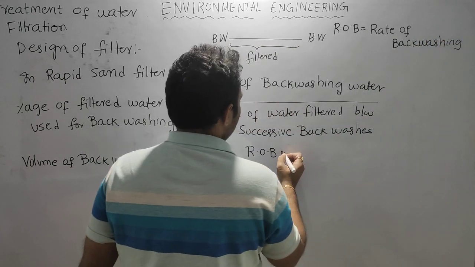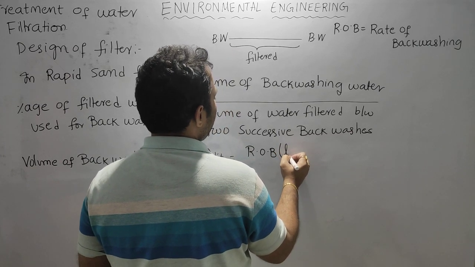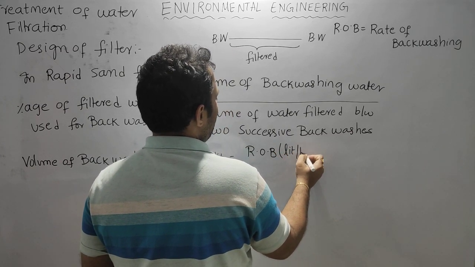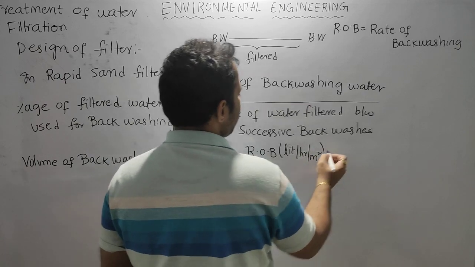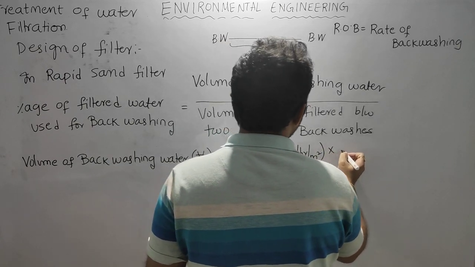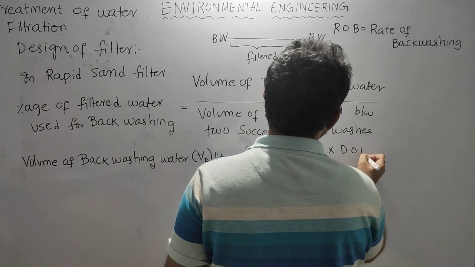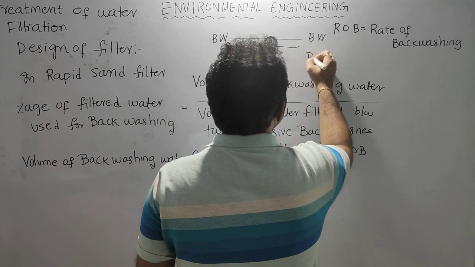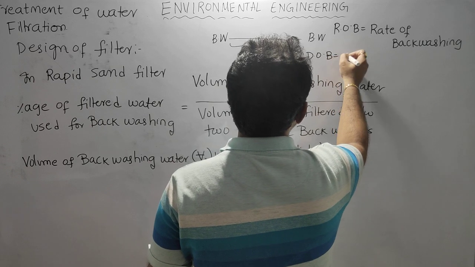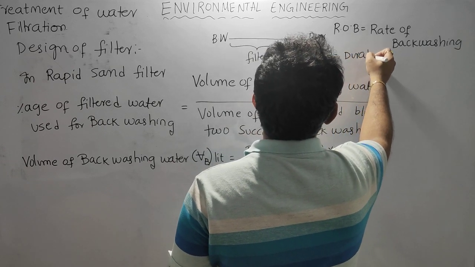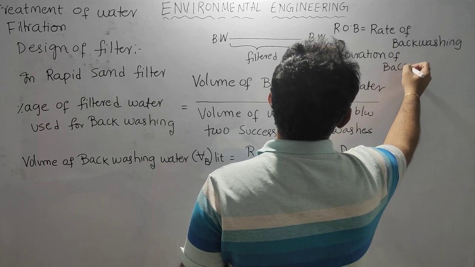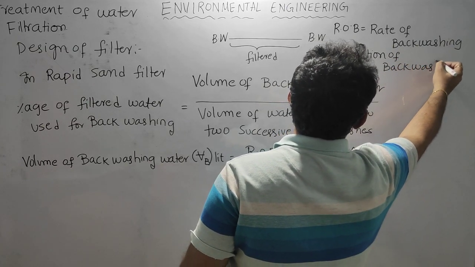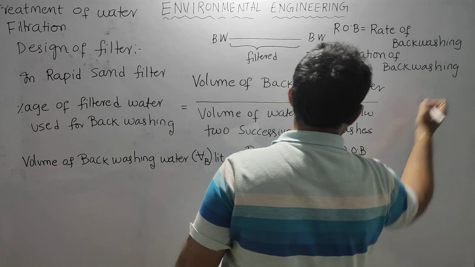Here the rate of backwashing will have a unit of liter per hour per meter square. This is the rate of backwashing, multiplied with the duration of backwashing. DOB is the duration of backwashing in hours,